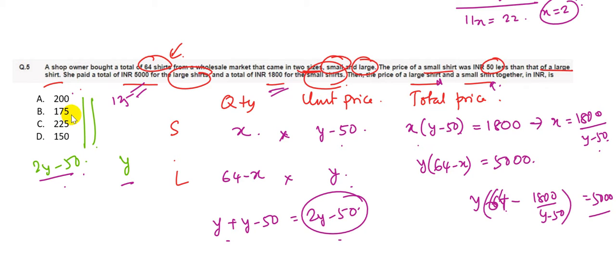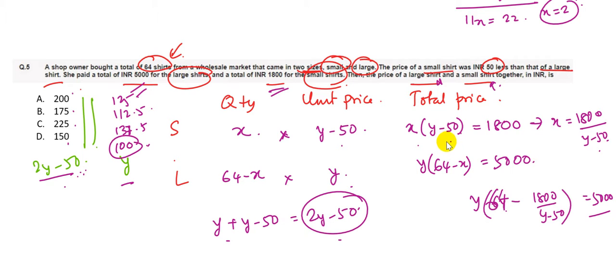In the second case, it would be 175 plus 50 by 2, that's 225 by 2, which is 112.5. In the third case, it would be 275 by 2, that's 137.5. And the last case would be 150 plus 50, 200 by 2, which is 100. So what I'm going to do is look at the values and take any one of them. Let's start with the smallest one, which is 100, and let me substitute this in